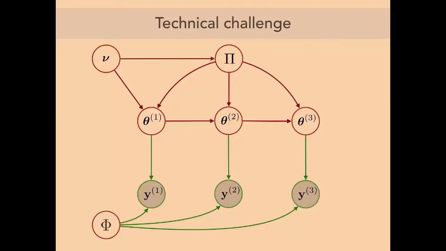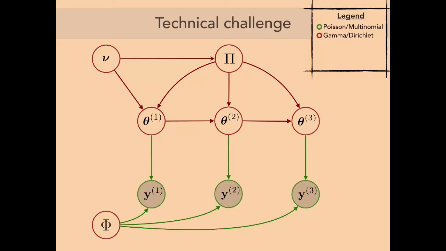Okay, so here's the technical challenge. This is the model. It's slightly simplified, but it's in graphical model form, and y and theta are in their vector form as a single variable. And I've color-coded each variable. So if you're green, then you're a Poisson or a multinomial random variable, and if you're red, then you're a gamma or a Dirichlet random variable. And I want you to notice that if you are a red variable and you have only green arrows going out, then you have only conjugate relations with your downstream variables, okay? Which is good. So that's like phi in the bottom left,